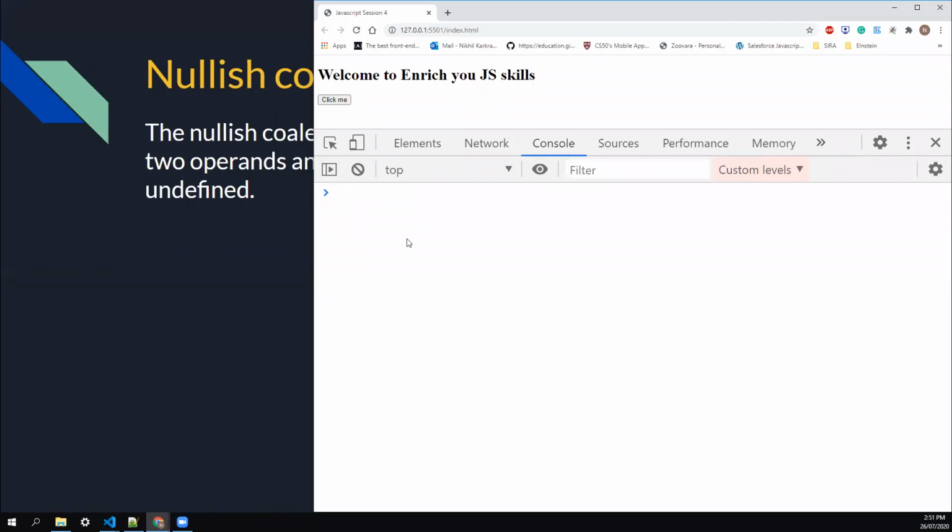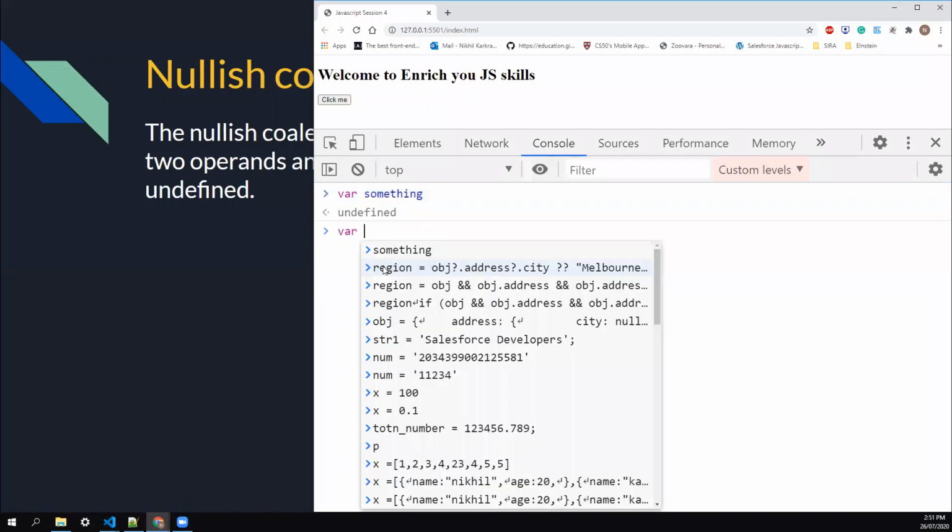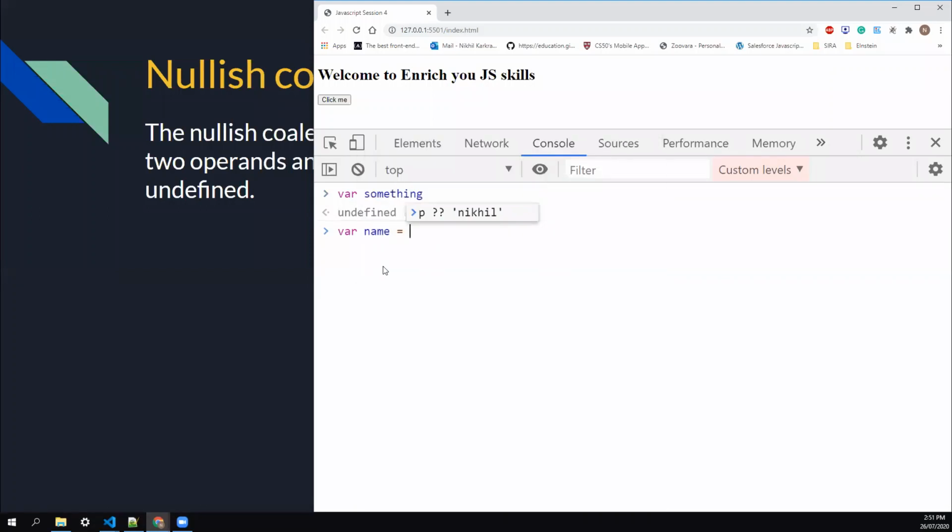So I create a variable something, and we already know if you create a variable without initializing anything, it's by default undefined. And now I want some name. In a way, if something has some value, assign that value to the name. Otherwise, give that value.